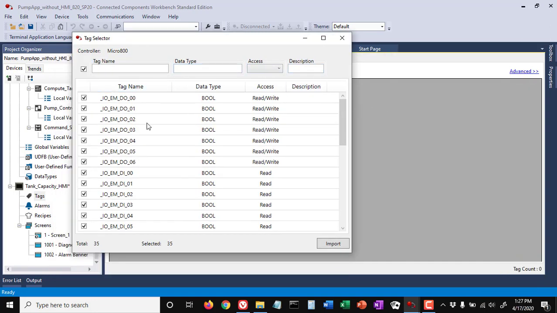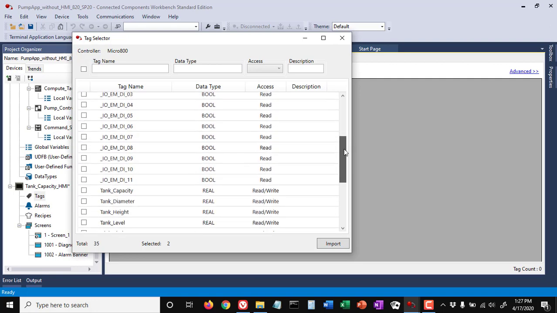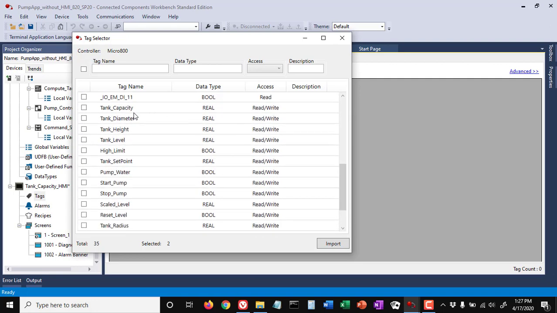Okay, so I'm going to use this checkbox to turn all the checks off. Now, I know that I'm using digital output 0 and digital output 1, so I'm going to check those, that I'm going to need those. I'm not using any more digital inputs or outputs, so I'll scroll down the list. However, I am going to be using all of these tags. So I'm going to check all the tags